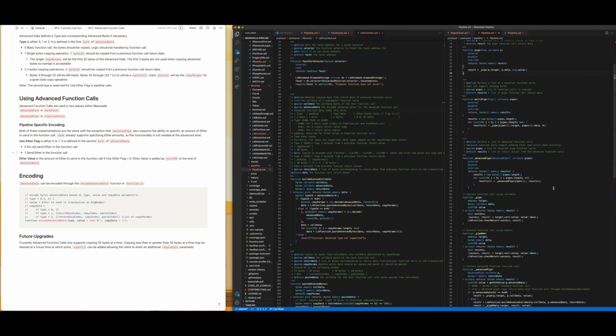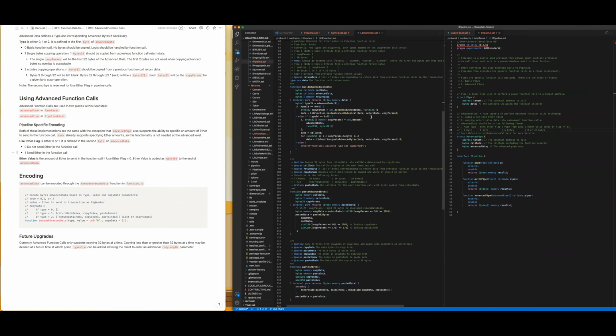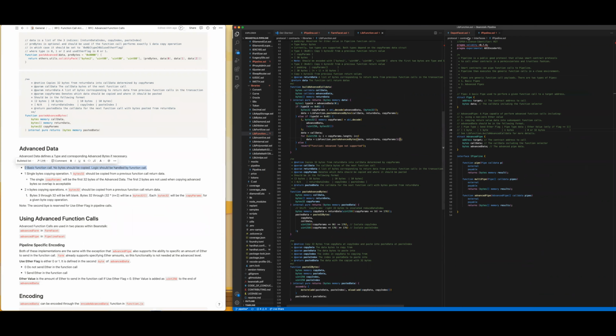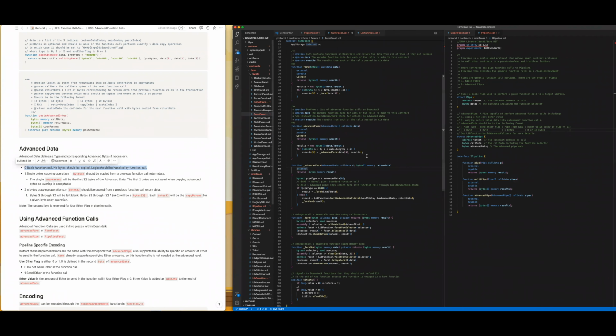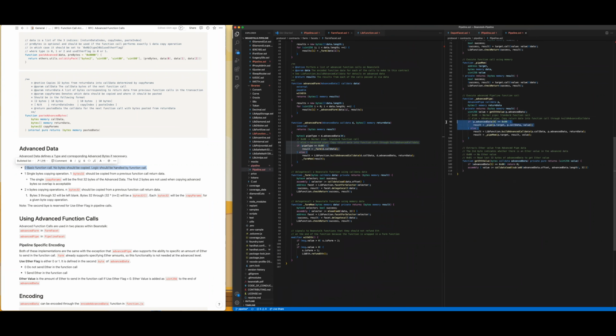So if we go look at the pipeline, we have this function get Ether value, which checks if the first byte of advanced data is 0, it returns 0. If not, then we load the last 32 bytes of the call data, and that eventually gets plugged in as the value in the advanced pipe. So that's specific to the pipeline, but basically the advanced call data function processes the 2 types that aren't 0. The basic function call, we handle in the advanced farm function itself here, and in the pipeline advanced function itself,